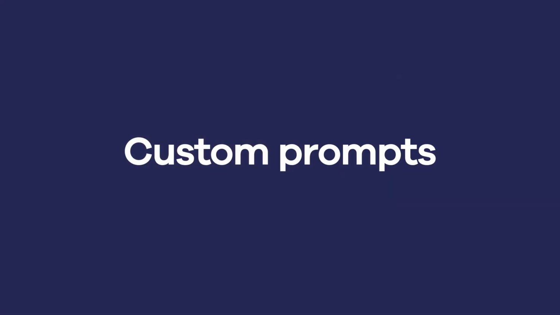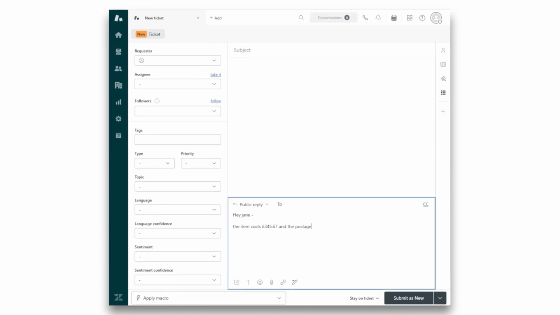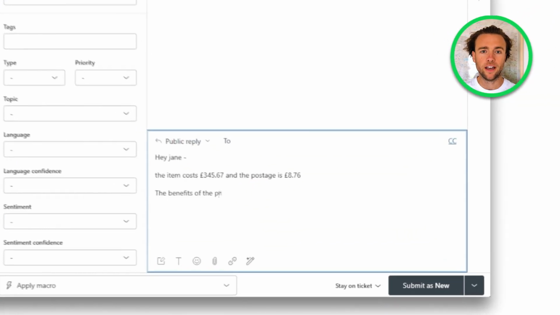Here's how your team can use ChatGPT-style commands right within Zendesk. Today, I'm going to show you how to get the most out of Zendesk's new Copilot feature, Custom Prompts. Let's go. Imagine you've got a scrappily written message like this, composed in a rush and with all sorts of